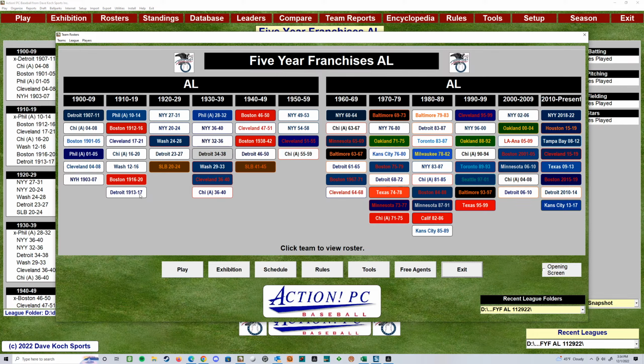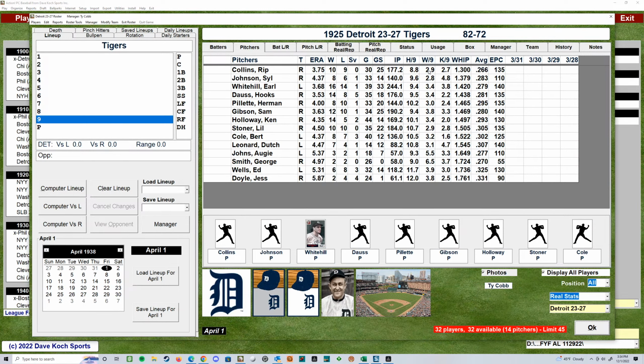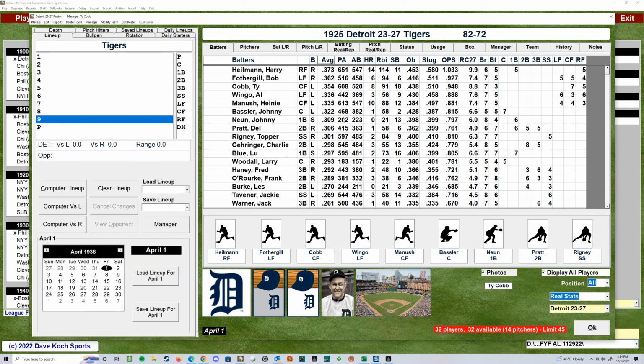And this is a newer team too, Beatles. I don't know if you've got one that has these two teams I added. I added a 20s and a 30s version of the Tigers. Here's one with Heilman, Cobb, Fothergill. Look at the batting on this team. Just sort it by average. Look at this. We've got 10 guys batting .290. And Gehringer had his partial rookie year and his second year, so he's got two of his first years factored into this early 20s team.